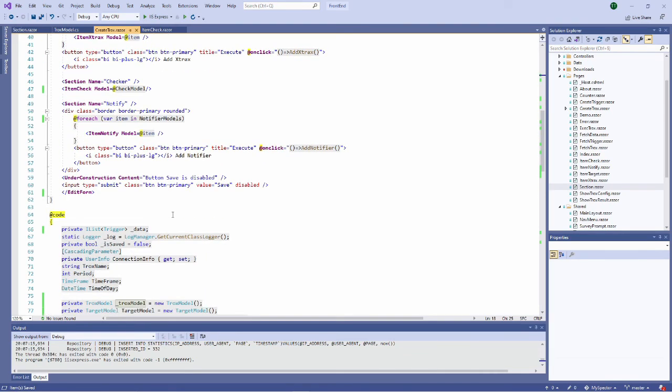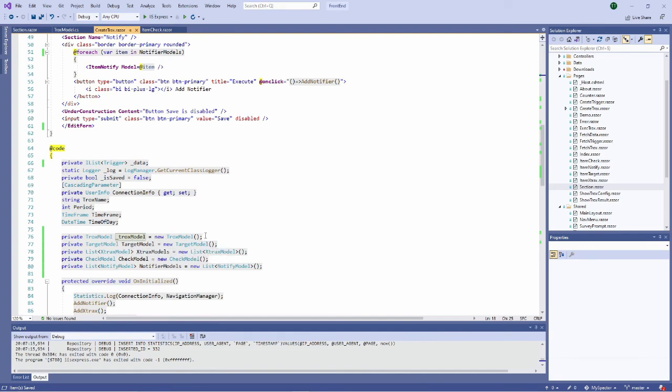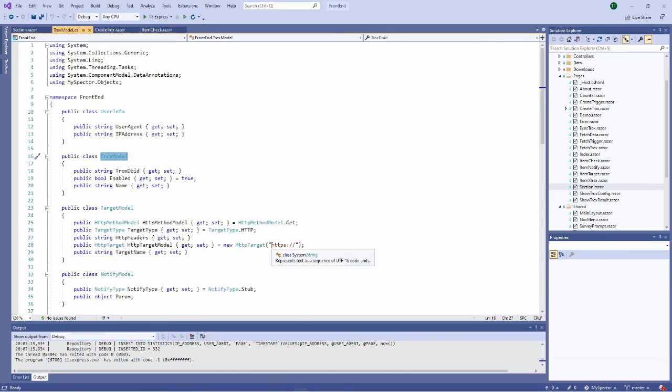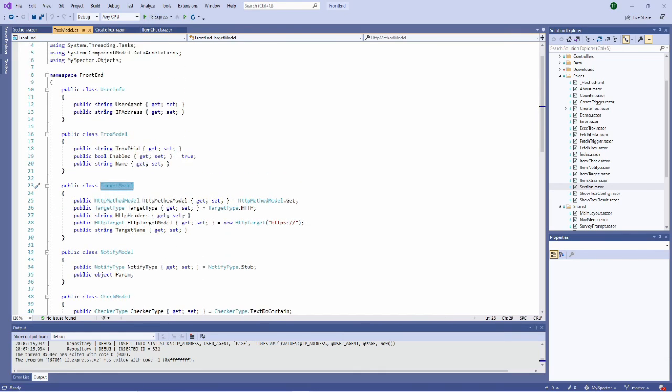By this, I mean that here I have, at the same level, the different instantiations of the different classes which are accessed. So my TROX model is currently reduced to this, and there are the different models here, notify model, check model.